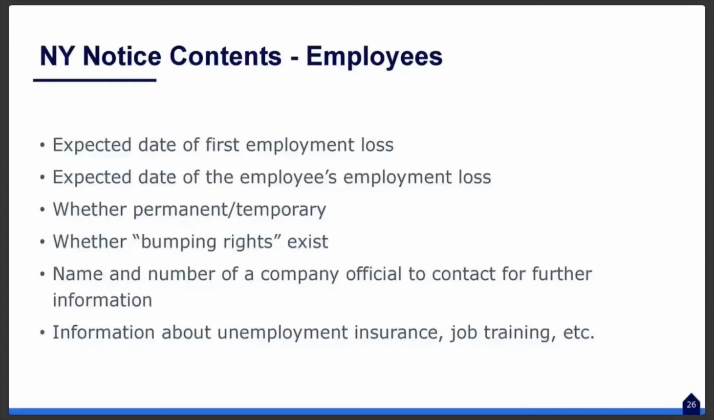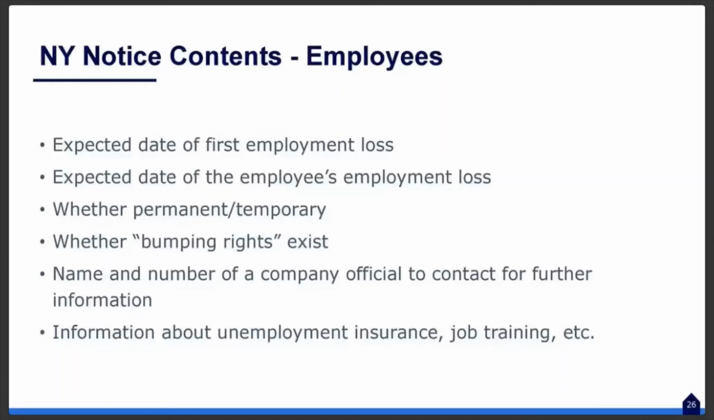The other wrinkle on the WARN notices is if there's information that you don't know at the time you issue the notices. Remember, in New York, that's supposed to be 90 days before the first employment loss happens. Then you have to issue subsequent notices if and when the additional information becomes known, or probably if it materially changes as well. You have to provide the name and number of a company official to contact for more information,